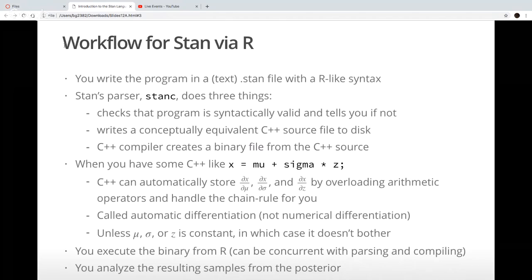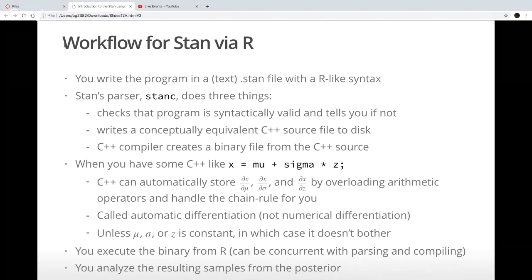And if x was part of some other calculation, automatically handle the chain rule. So you can get the derivatives of the posterior distribution with respect to mu and sigma and whatever. And that is known as automatic differentiation.